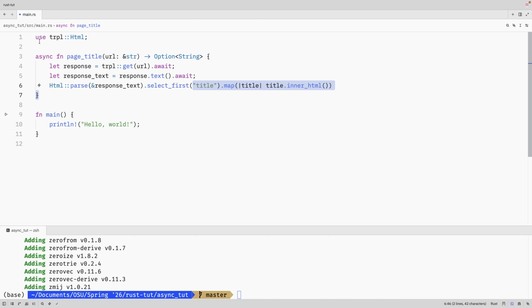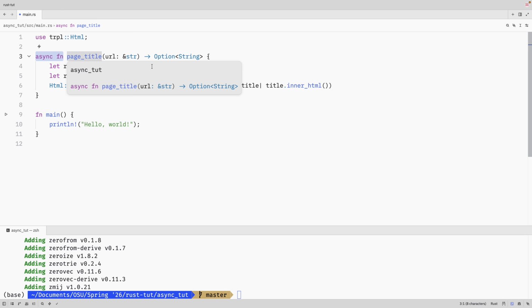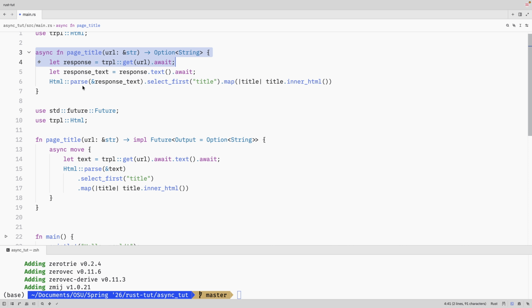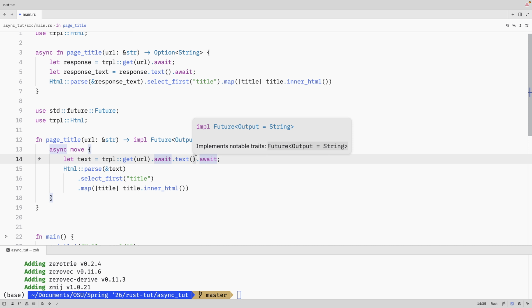Note that we marked our function async as well. This doesn't truly make the function itself async. Instead, it gets transformed into something like this. So again, our function gets transposed into this before it gets compiled. Note that our function is marked as async, but that doesn't make the function itself async. Instead, it makes the body of our function async, which in turn turns this block of code here into a future itself. And that future will have a state associated with before and during and after the two child